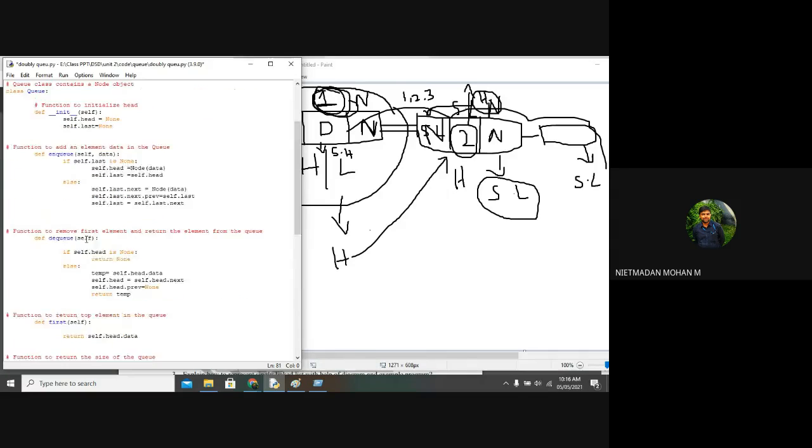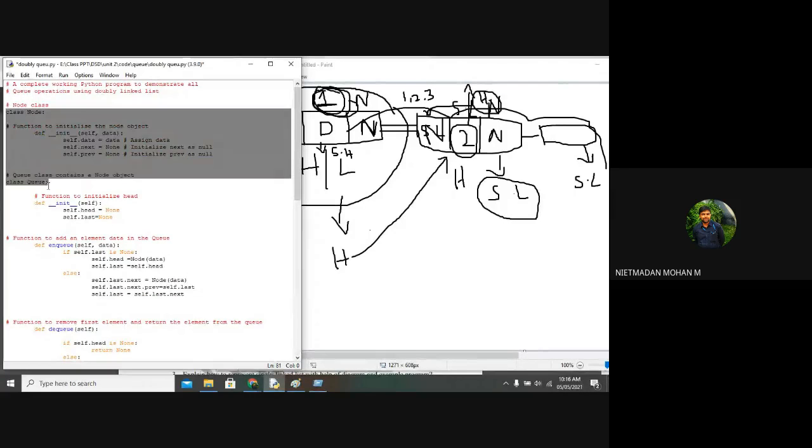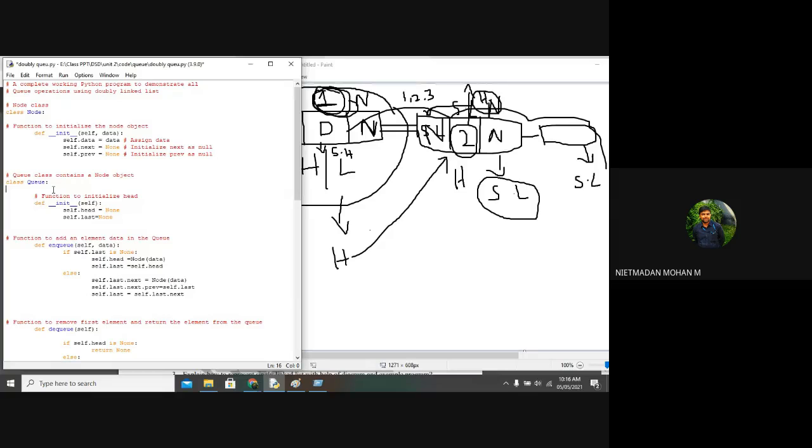So I will show the program now. So how many classes have I declared here? Two. Two classes. So one is a node class and another one is a Q class, right? Two classes I have declared inside my program.